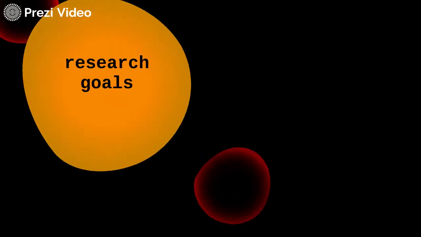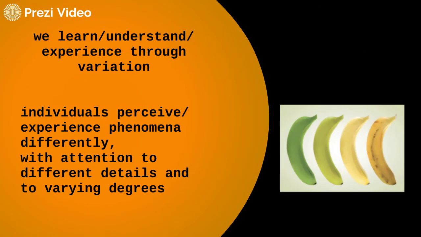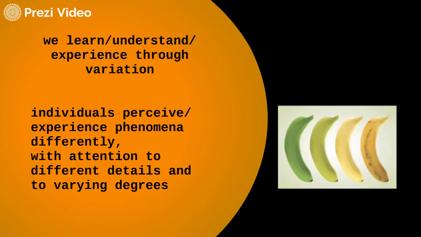So you can see that an underlying theoretical idea for phenomenography is that we do learn, we understand, we experience the world through variation. That as individuals, we focus on different characteristics, we look at things in terms of different kinds of magnitude, and it is this variation that allows us to do phenomenography. We anticipate and expect that this fundamental idea of variation is extant in our experience of the world.